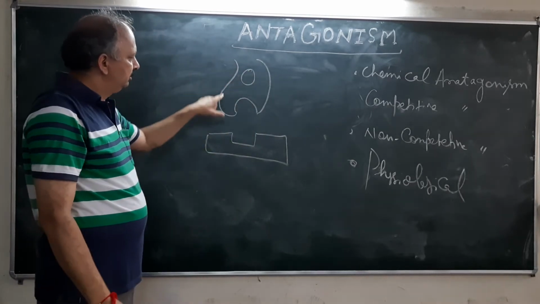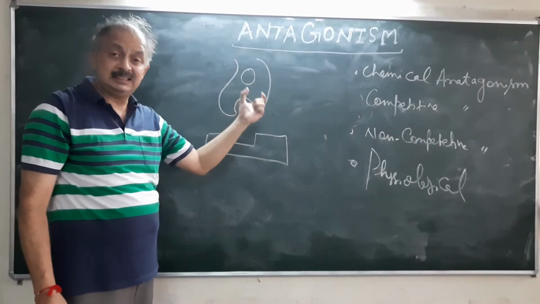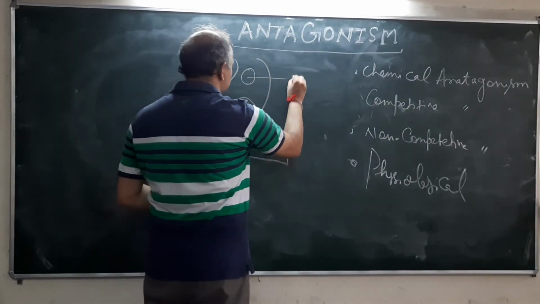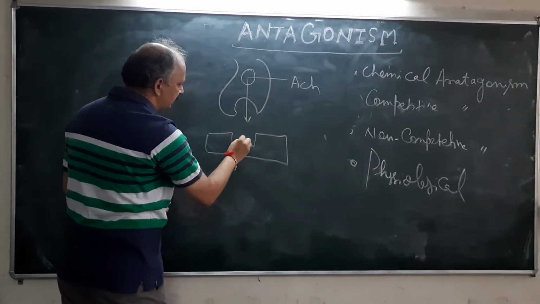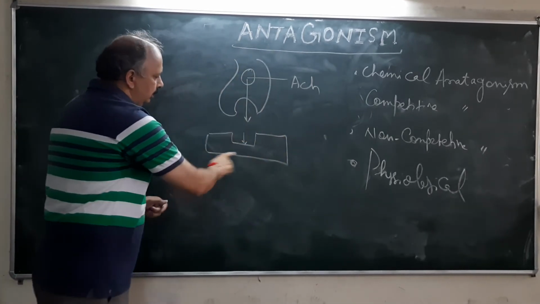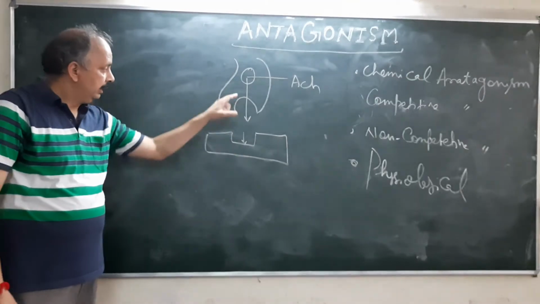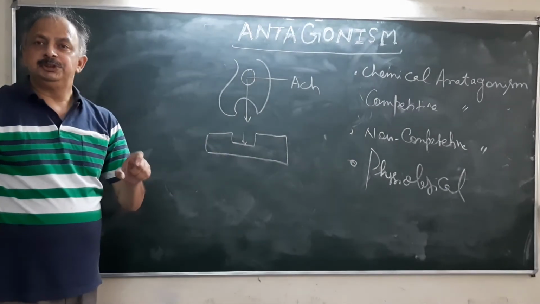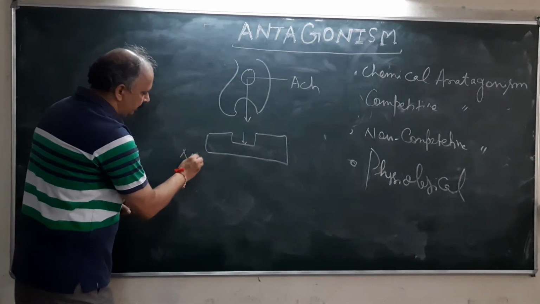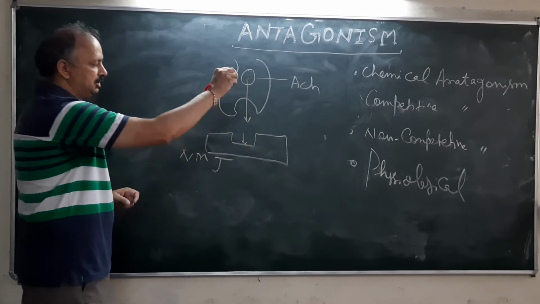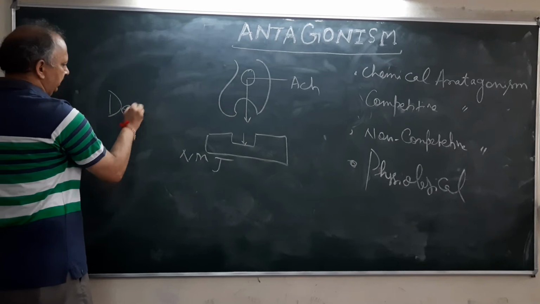This presynaptic neuron has vesicles, and in those vesicles acetylcholine is there. This acetylcholine comes out of the vesicles, acts on the receptors, and shows the effect on the NMJ, the neuromuscular junction. So here decamethonium